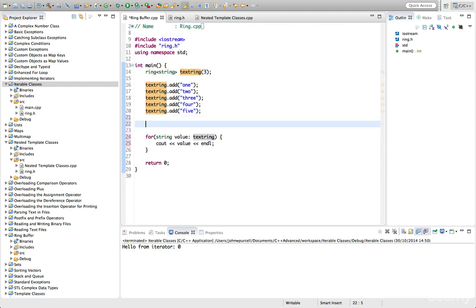Now it turns out that you can also iterate through the class using a more traditional looking C++98 style loop. So if we can do something like this, let's say text ring, we need the type string, colon iterator, or whatever your iterator type is, it equals, and we need